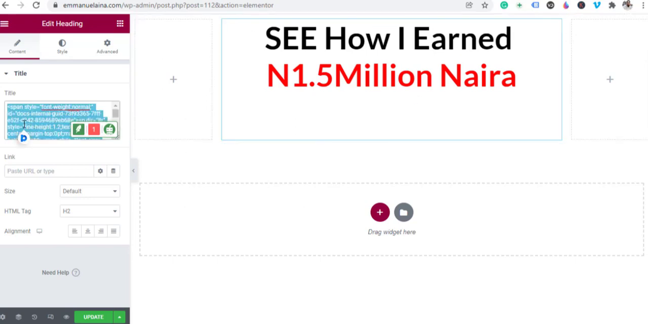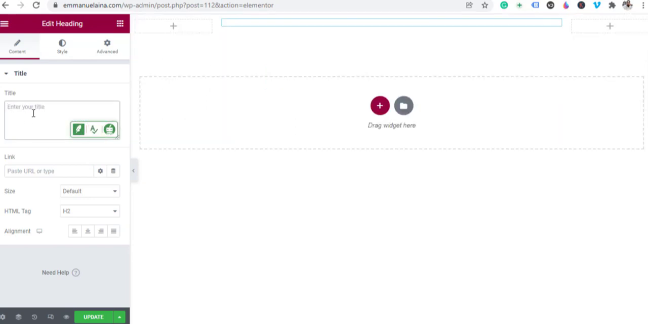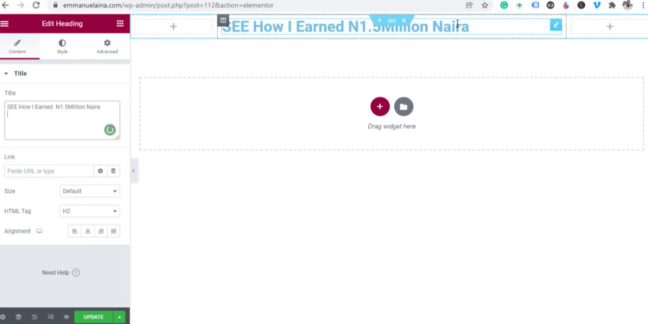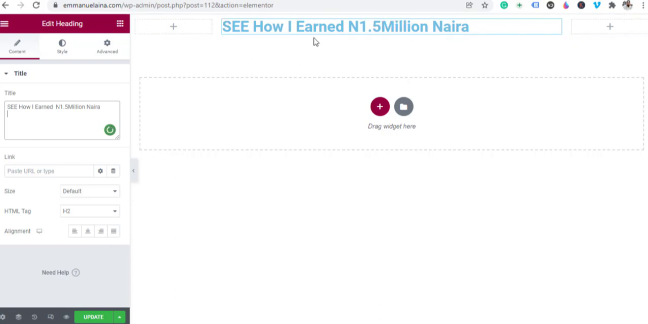Instead, I want to copy and paste it here in this section. So I'm going to paste it in this section, so it's going to give me exactly this. Okay? So now my title is going to be